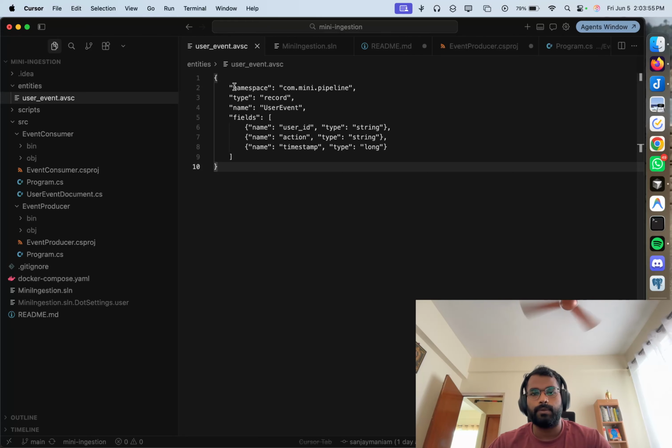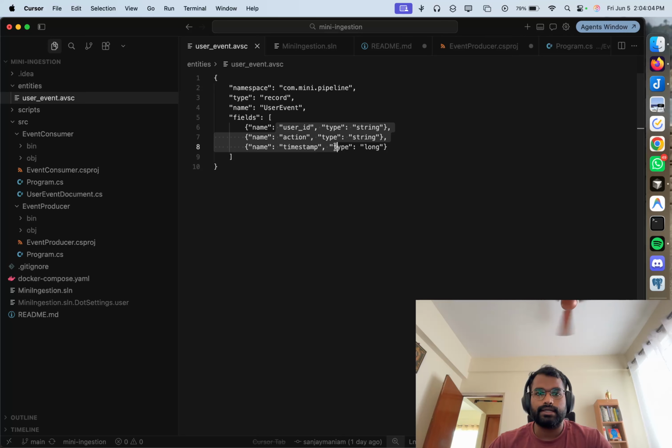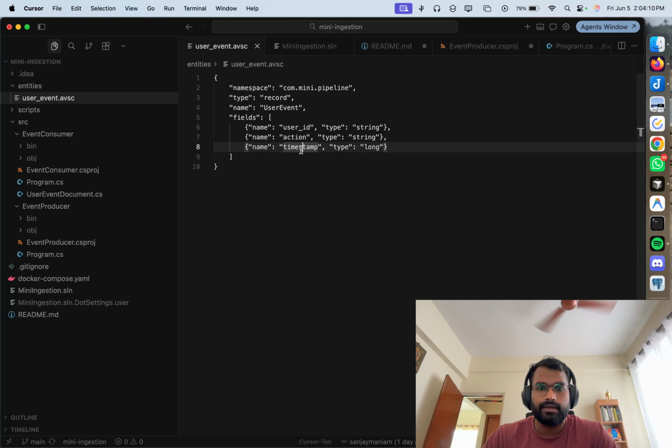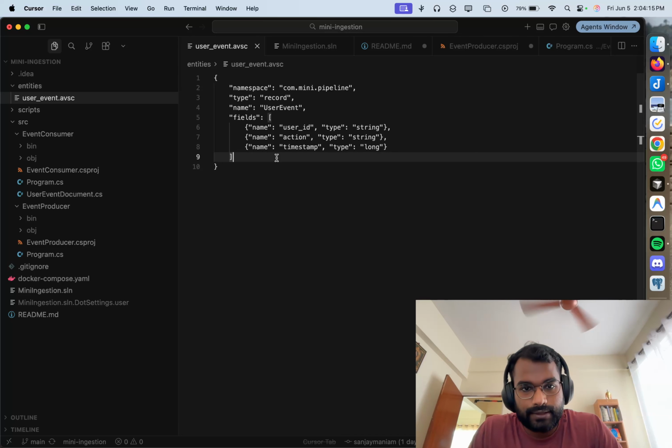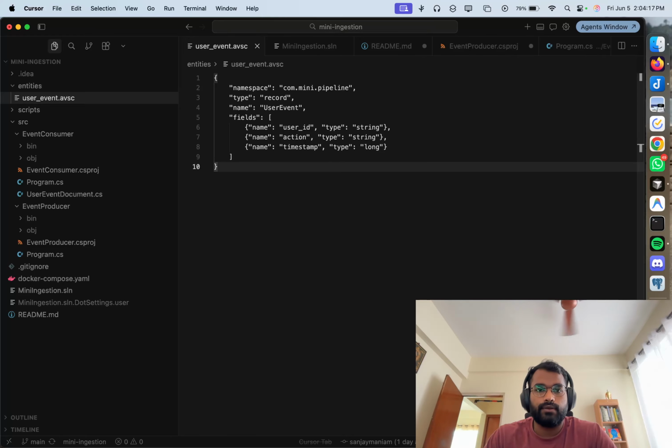So we have the namespace, which is com.mini.pipeline, and then we have the user event. It has an ID associated with the user, whatever action they have taken, and then some kind of a timestamp associated, as to when this user event was performed. So now, what this contract does is that